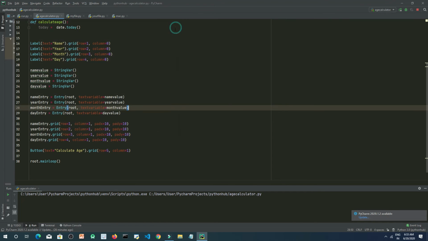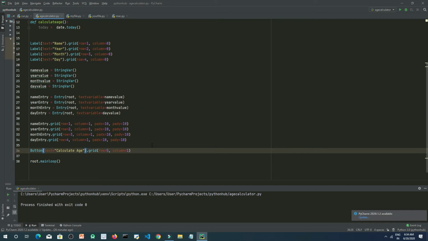Okay, so now let's assign its work to the button using command. Inside a button we can use any function to call.